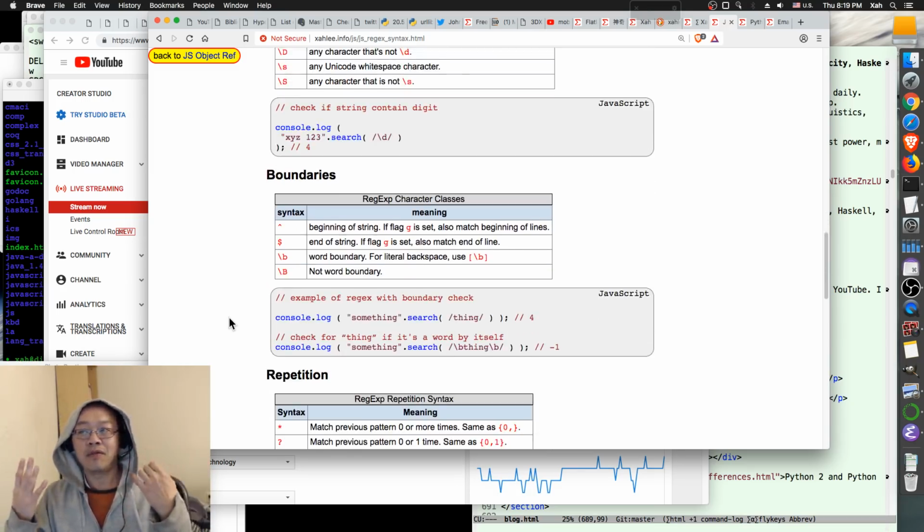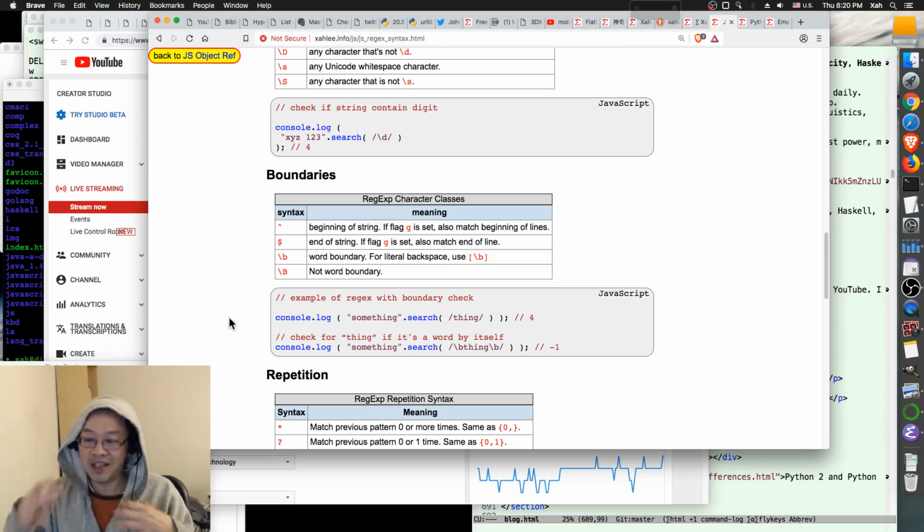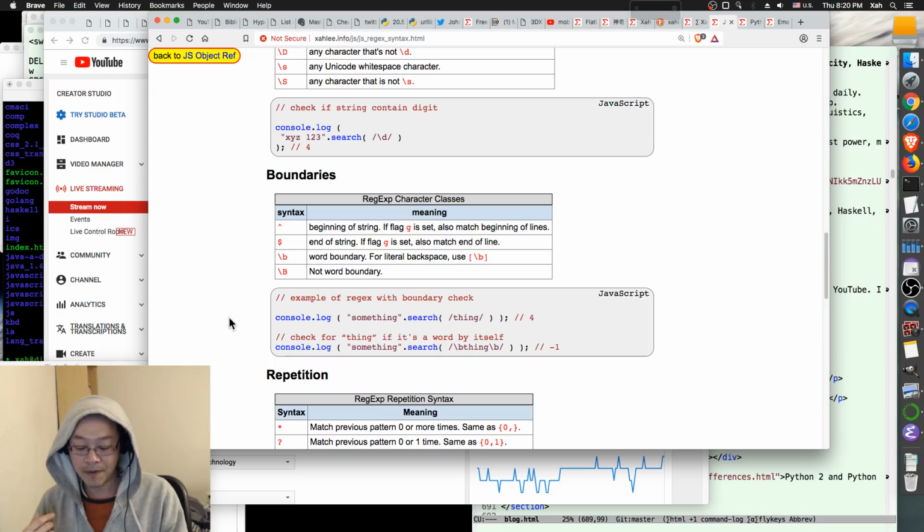Now, just remember, when you learn regular expression, it takes time. You cannot understand the whole thing in 1 week. It takes many months, or maybe even a year or two. Constantly using it, you'll get used to it. It's kind of confusing at first. You just have to get used to it. That's one thing. The other thing about regular expression syntax is that different languages differ slightly, a little bit,